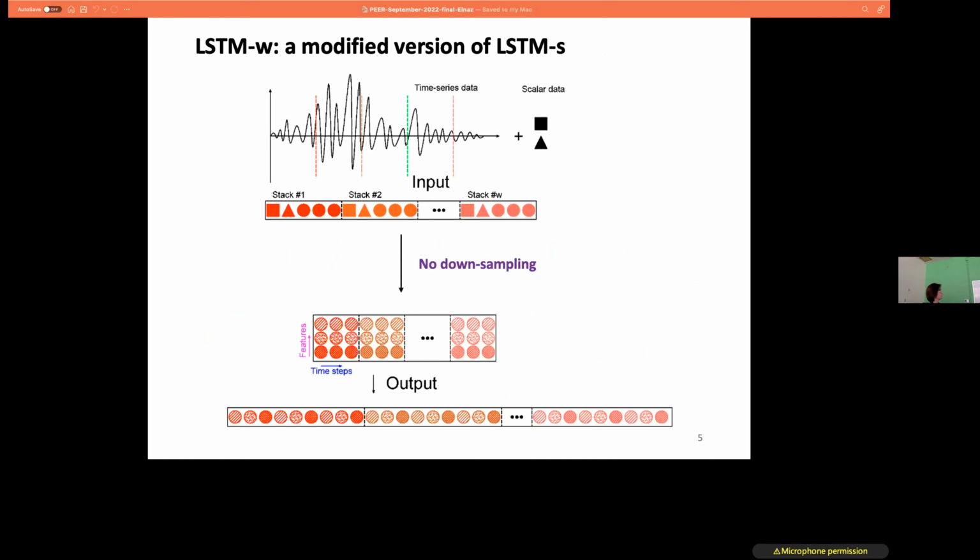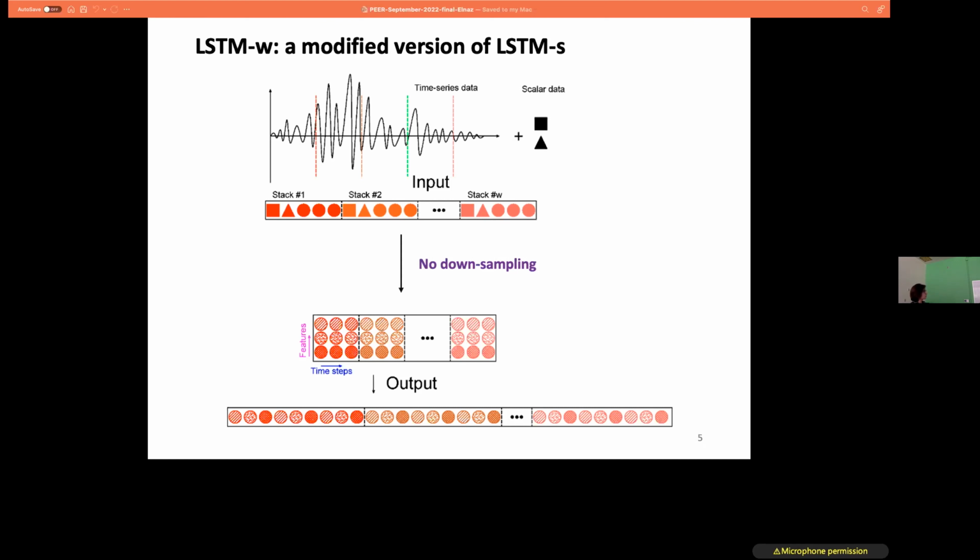One thing that we did, we really want to consider the uncertainty in the input excitation and also other time-invariant variables we have, like the soil velocity or the angle of incidence. So that is another set of scalar variables we have, and we decided to have that added to our input layer. In addition to that, we want to avoid that downsampling as we go from input to output. In order to do that, we use the functional API that is available for Keras, which is more flexible to design your architecture for your LSTM model.